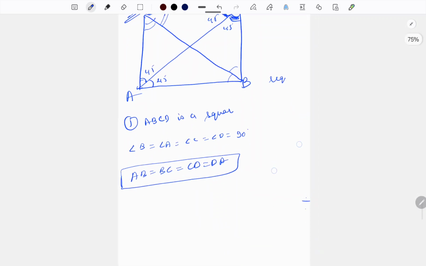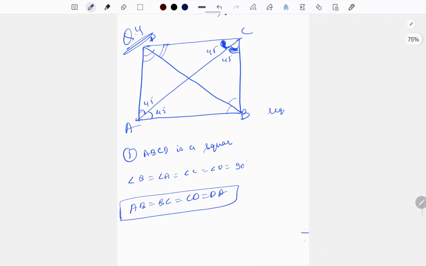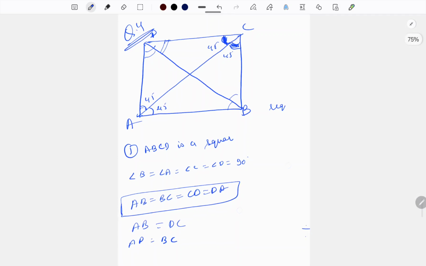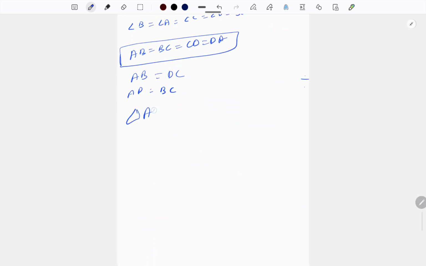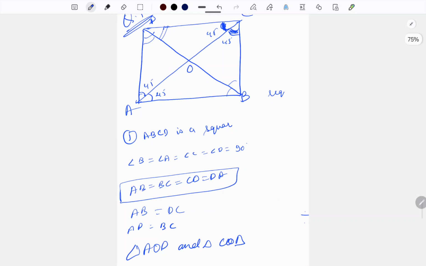Simple. The difference between rectangle and square is that a square has all the sides equal and a rectangle has two pairs of sides equal. Now here the two pairs are AB equal to DC and AD equal to BC. Now if we take triangle AOD and triangle COD,